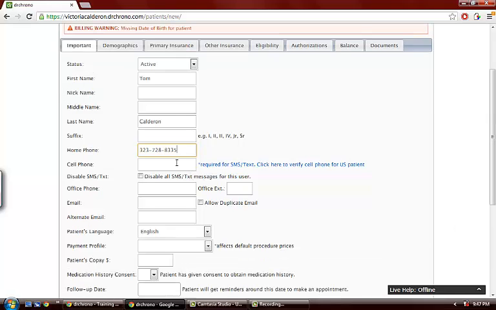So we'll go ahead and put his cell phone number so that we can send him an SMS text when his appointment is coming up. So it's just a little reminder for those forgetful people. If that is something that would be disturbing to him, he can go ahead and click on Disable All SMS Texts so that he does not get texts like that. We can fill out his email address,